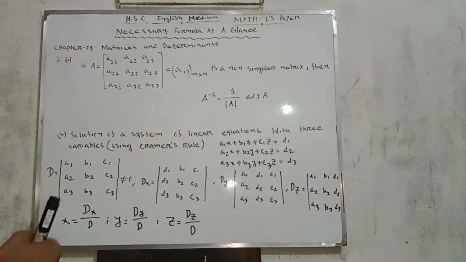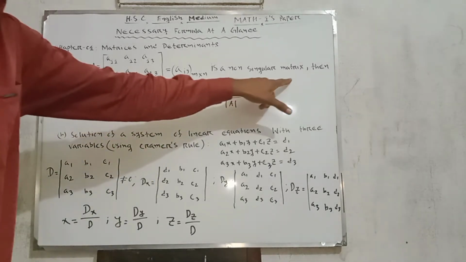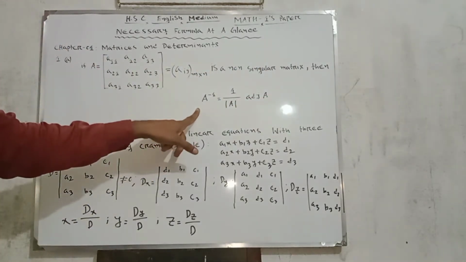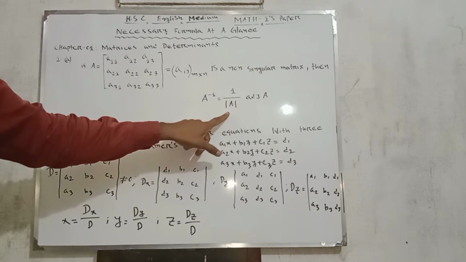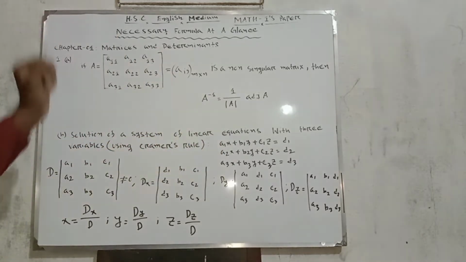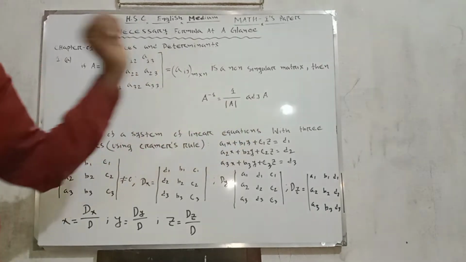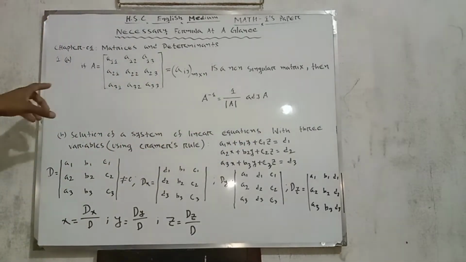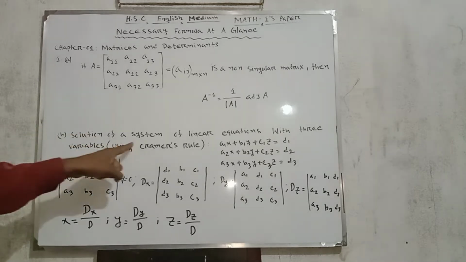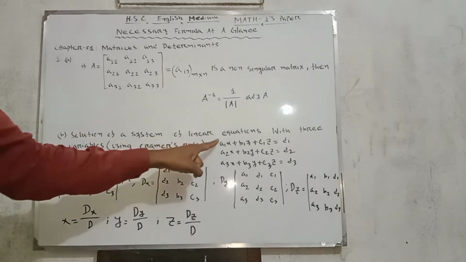If A is a non-singular matrix, then A inverse equals 1 by modulus of A, adjoint A. Modulus of A means value of A. It is the first formula for matrix. Next formula: solution of a system of linear equations